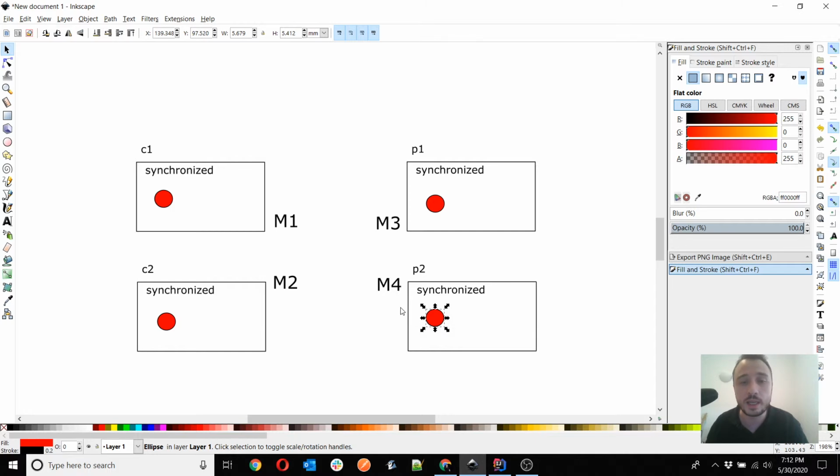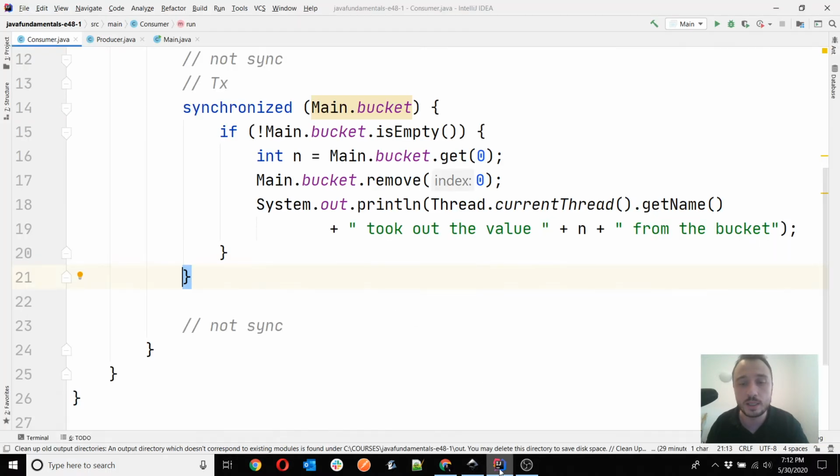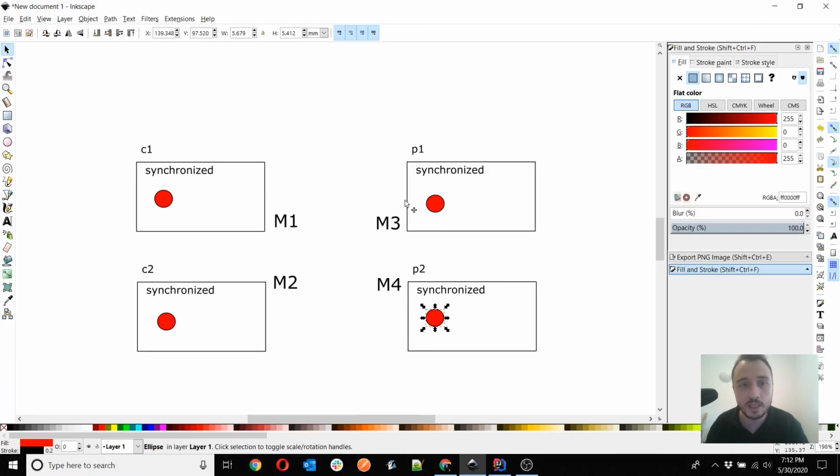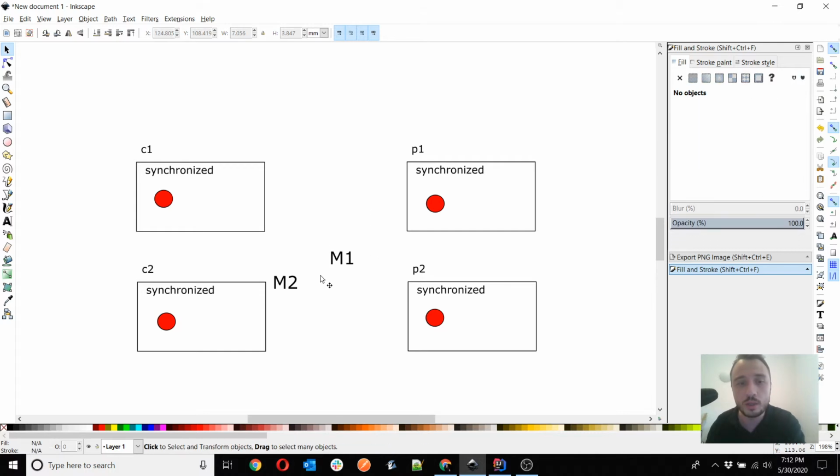So yeah, in our case it's only one monitor, it's only the bucket. You can see here that the synchronized block uses the bucket, as well as this synchronized block as well. So this means that we actually use one monitor for all the instances. So that means in our case it's only one block at a time executing.